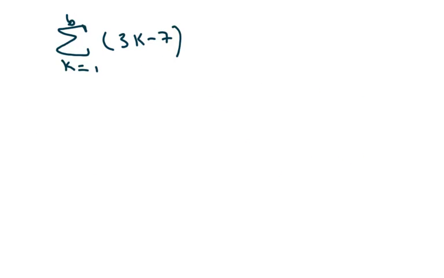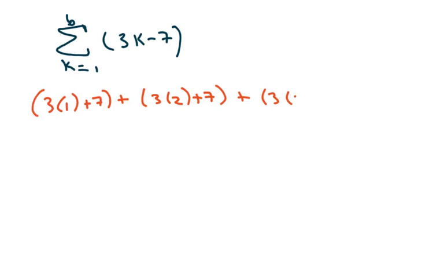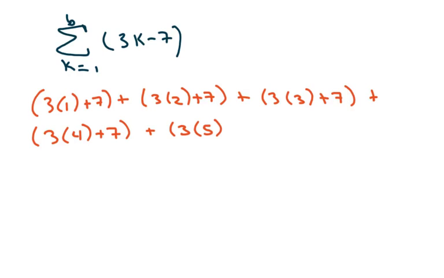Okay, the next one is very similar. You just plug in 1 to 6. We have 6 terms, so that's going to be 3 times 1 plus 7, plus 3 times 2 plus 7, plus 3 times 3 plus 7, plus 3 times 4 plus 7, plus 3 times 5 plus 7, plus 3 times 6 plus 7. And what you get here is going to be